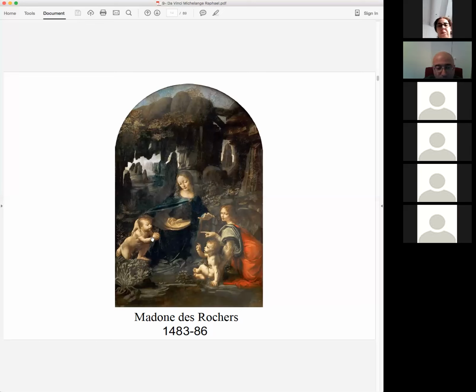Here he's represented as slightly bigger than Jesus. And Jesus, in effect, is making the gesture of the Trinity, which is the gesture of blessing